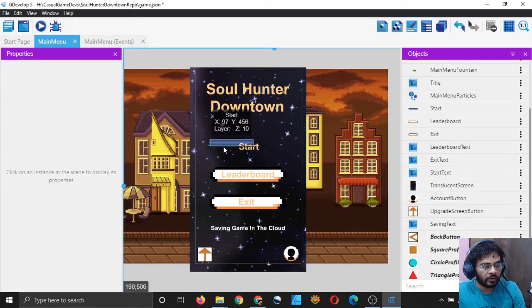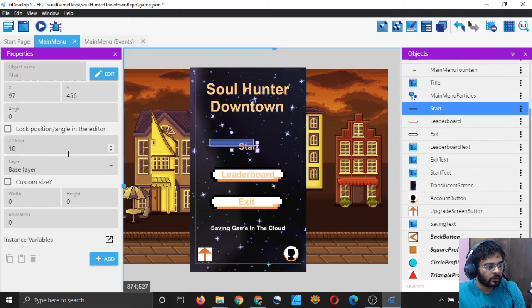Click on apply, and you can see that it's very small, not as big as we would want it to be. That may happen when you download assets from the internet. What you should do here is click on it, and you will see some properties, and you will also see width and height.